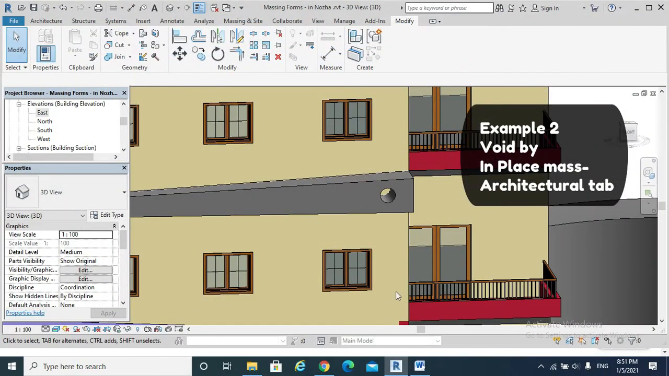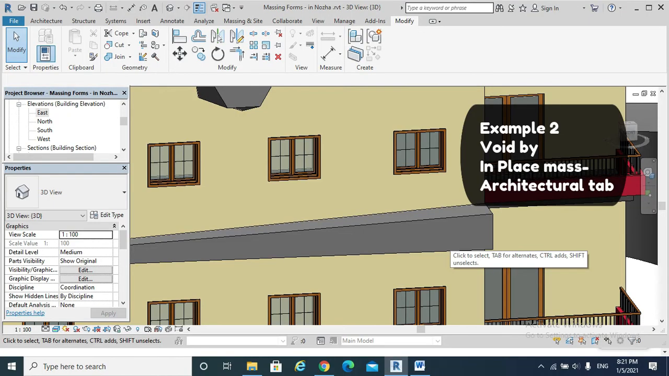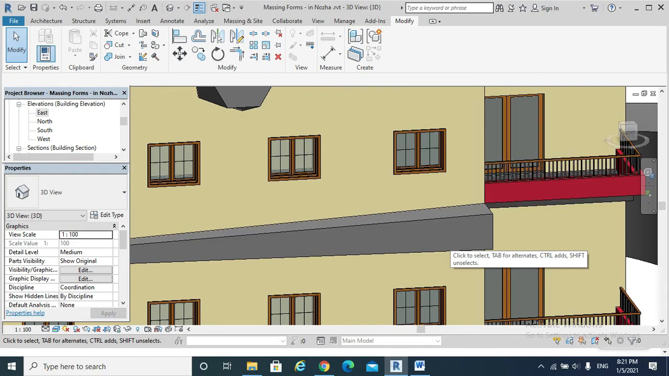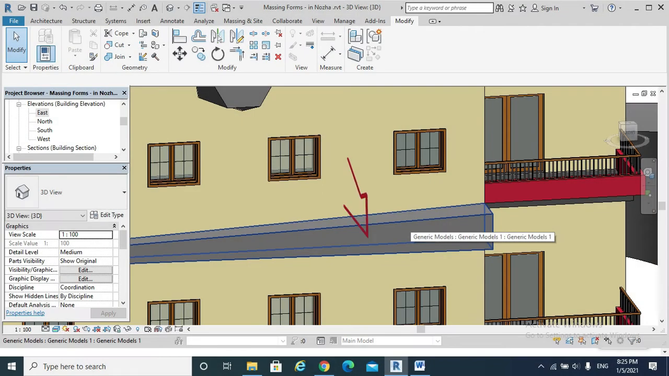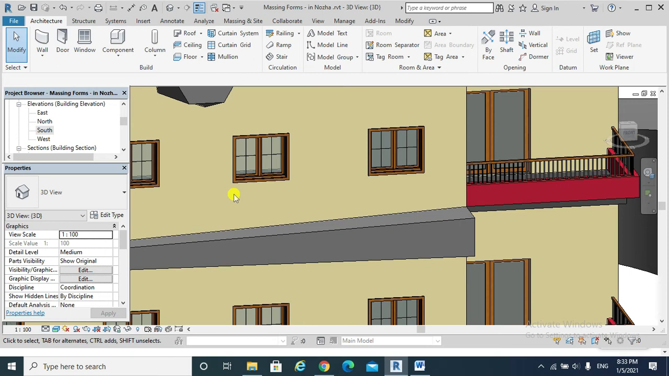Example 2. Void by in-place mass. If the void as a negative mass geometry is going to be created by in-place mass from architectural tab, the solid positive mass should be created the same way, which is in-place mass from architectural tab. I have created that solid positive mass by going to architectural tab, component, model in place, generic model. And to create the void, I prefer to go to south elevation,